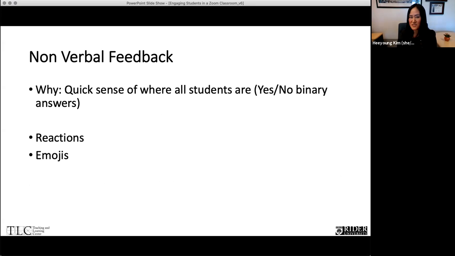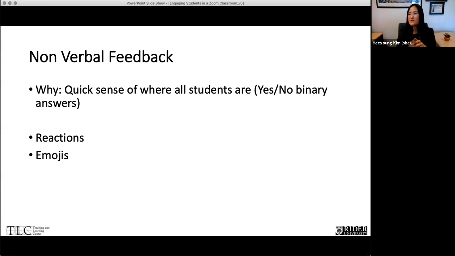It's very easy to do, and just quickly get a sense of what you can do with those things. And then, even though we have reactions, it's under the reaction. So if you look at the body of the screen after you share, there will be the menu and there will be the reaction. If you click reactions, or even under more, there are a couple of options,